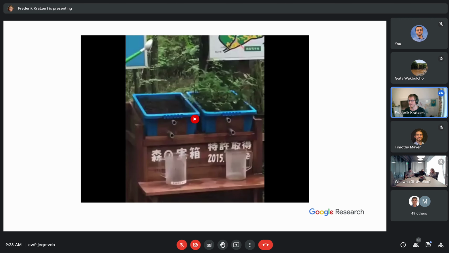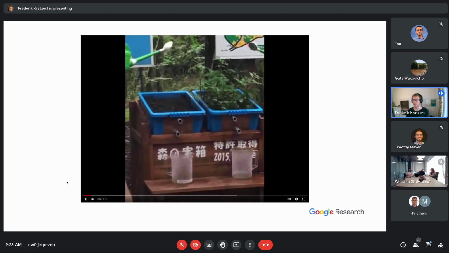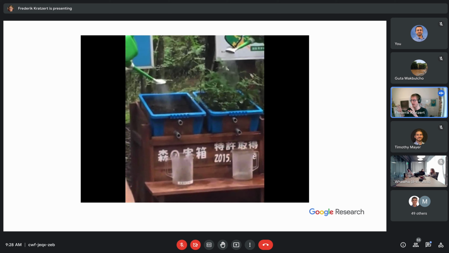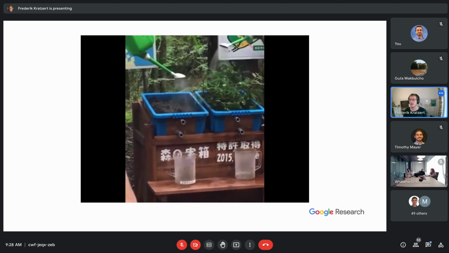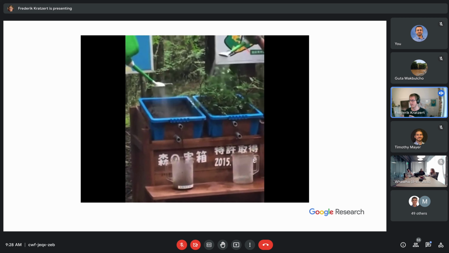Okay, so next, I want us to spend a minute or so to watch one video, and then we'll discuss why and how these models are actually achieving their performance. So what we are seeing here is a lab model of 2 catchments. The 2 catchments are the 2 blue boxes. And both of these catchments have the same size, the same slope, and get the same meteorological forcing.